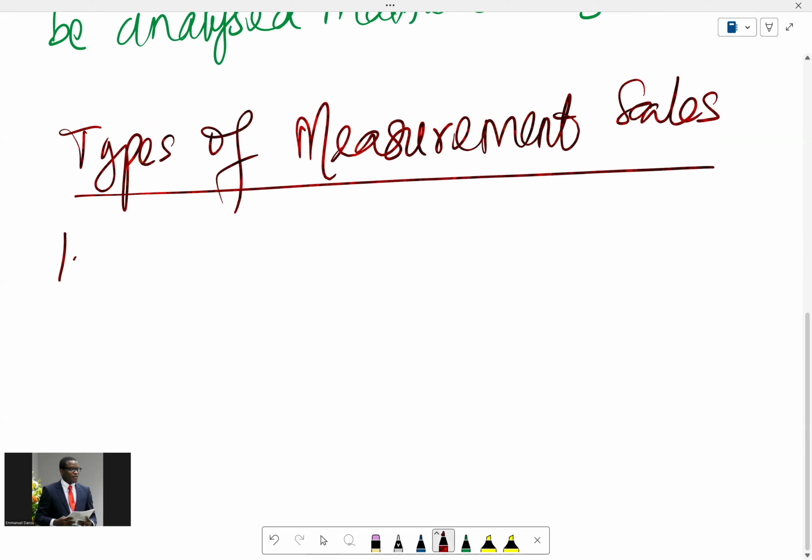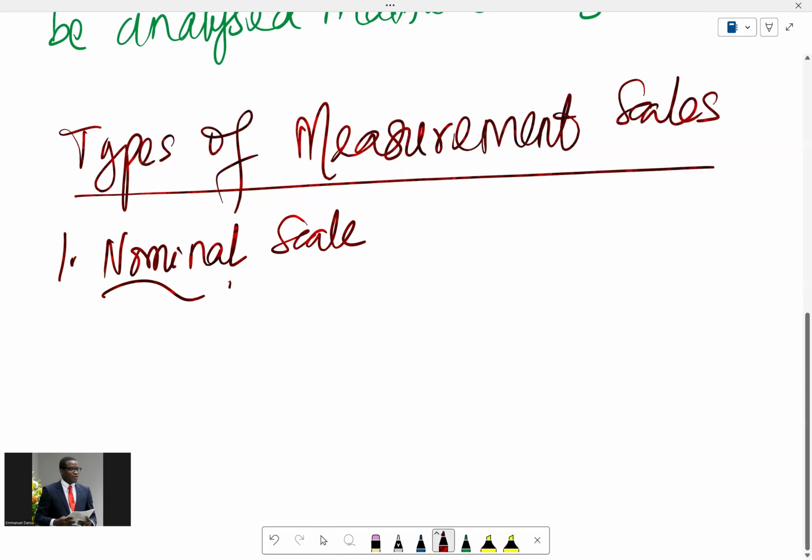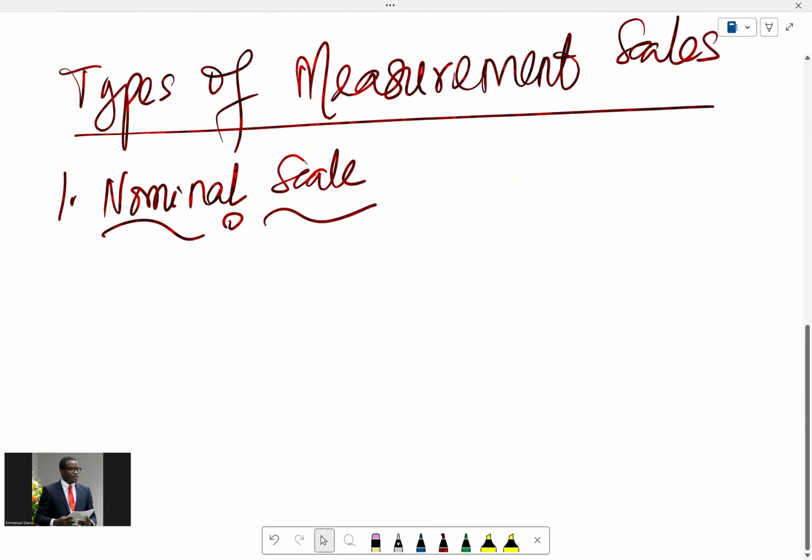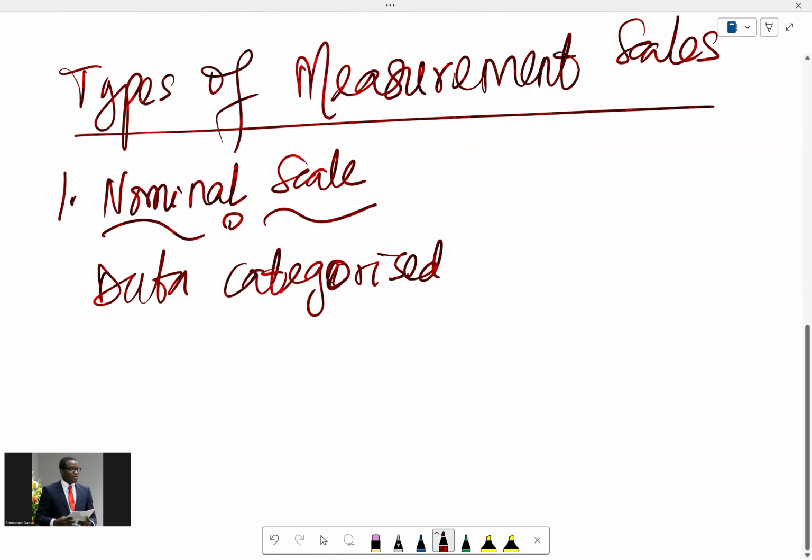You have the first type, which is called the nominal scale. And for nominal scale, it's actually data categorized into groups without